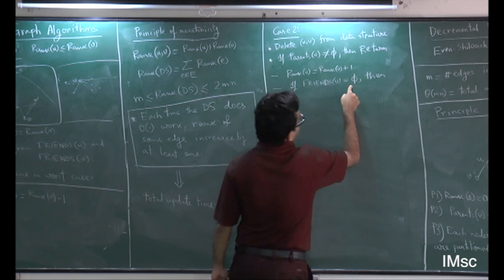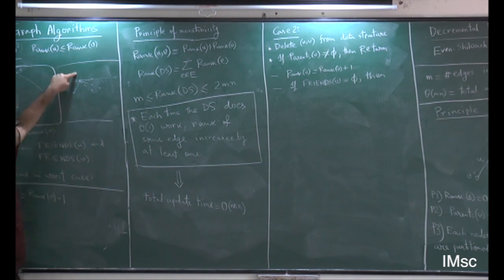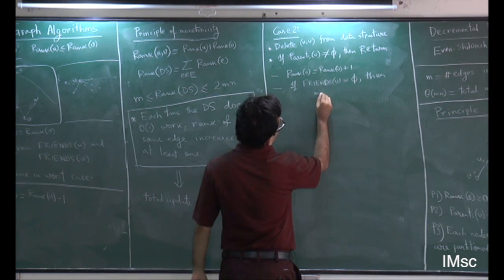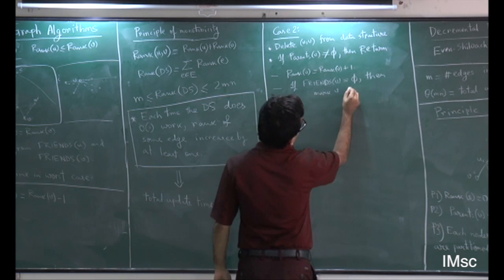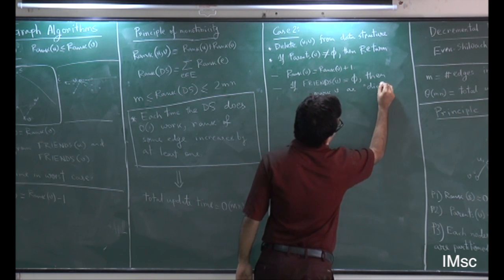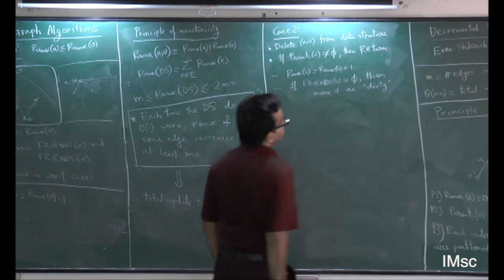This is the bad case, because if friends of V is empty, then V's level might drop even further. So, if friends of V is empty, then you just mark V as dirty. So, you just create a separate list of dirty nodes whose levels you need to take care of. So, V is now dirty,